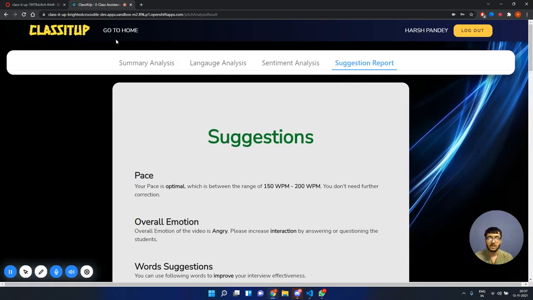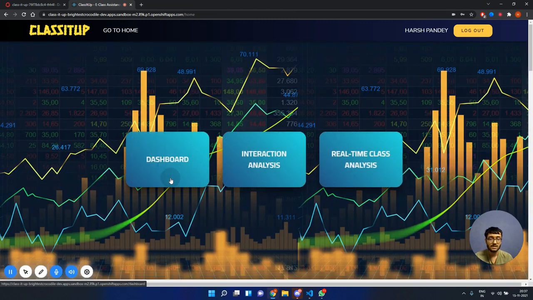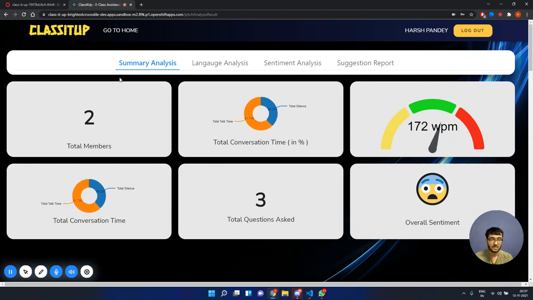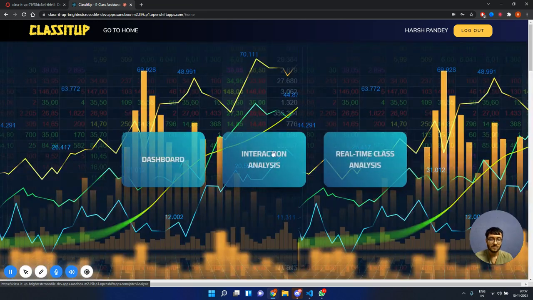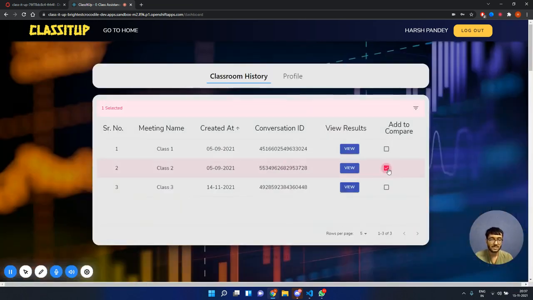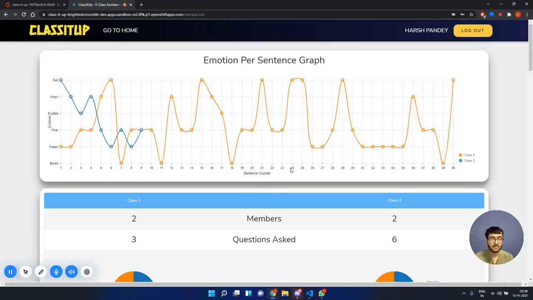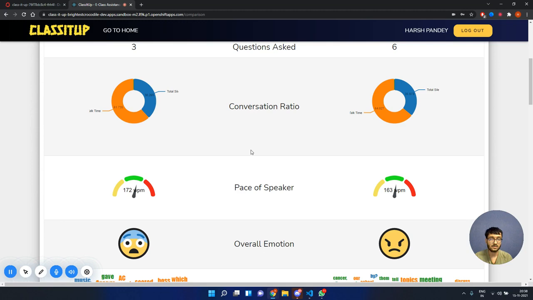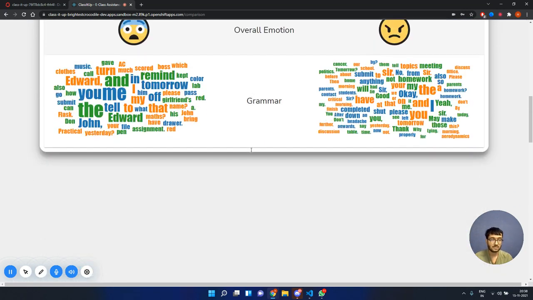Apart from this, we can even compare the data, and that's a great feature here. If I click here, let me view the data first. So we can compare this data. If I go back and we compare these two datas, we can get a detailed comparison between the data, so that the student can improve after seeing this data. We get a line chart, we get a difference between the performance, and that's all.